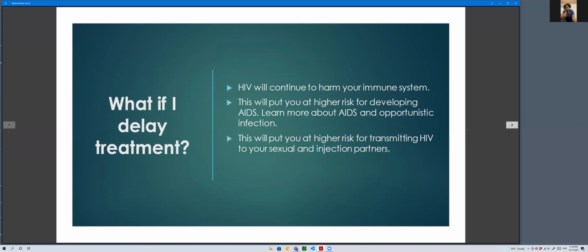What if I delay the treatment? HIV will still continue to harm your immune system. This will put you at a risk of developing AIDS. You can learn more about AIDS and opportunistic infection. This will also put you at a risk of transmitting HIV to your sexual partners